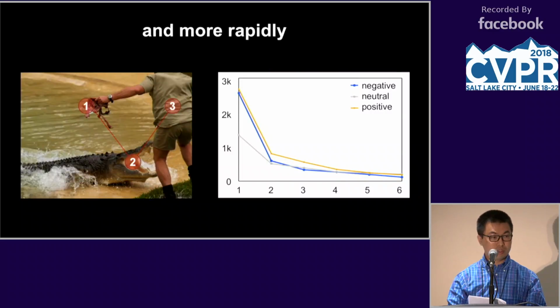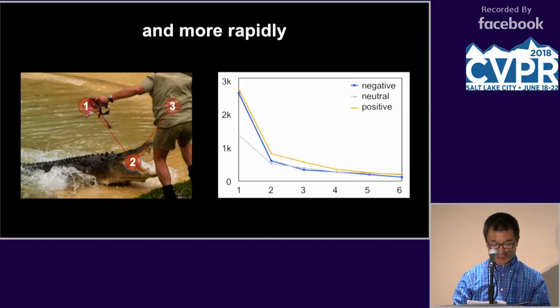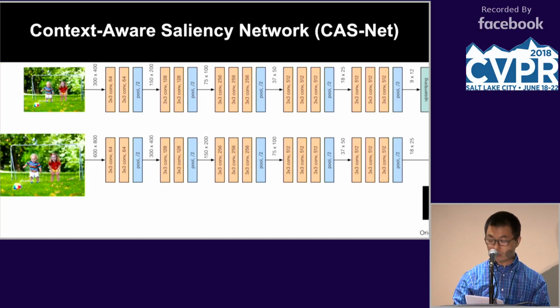Emotional elements also attract attention rapidly. Here, the raw meat held in the zookeeper's hand immediately attracts attention, followed by the crocodile's wide-open mouth. Positive and negative elements capture the first eye fixation about twice as many as the neutral ones. So, with a particular emphasis on the relative importance among different visual cues, we propose a deep neural network model